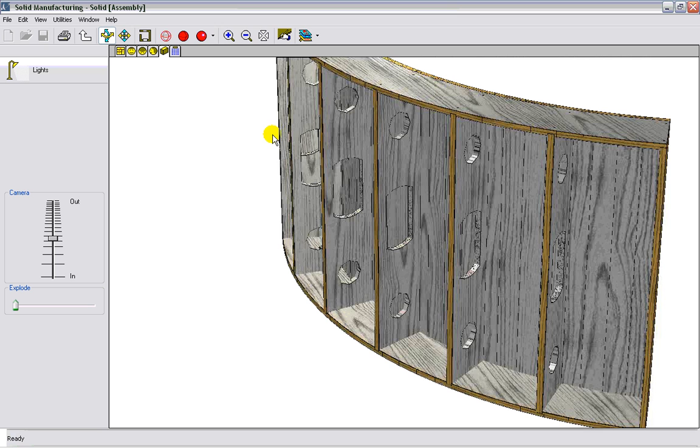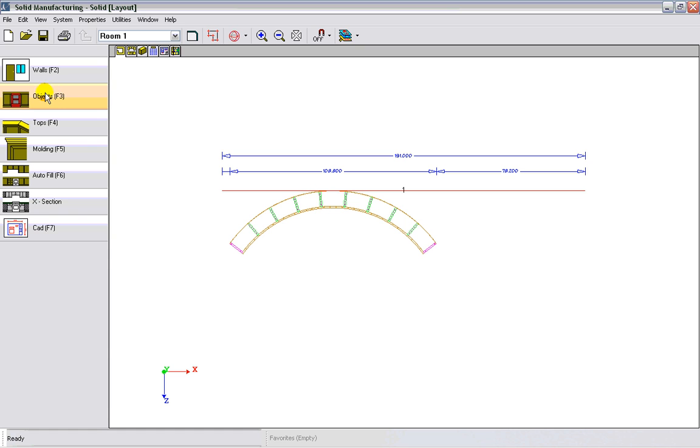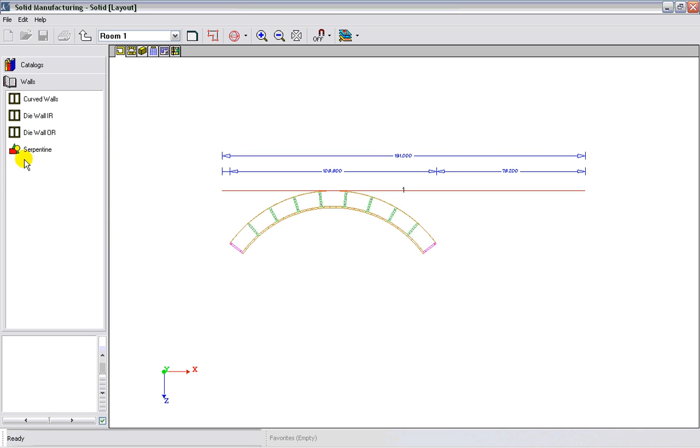So now you can create both inside and outside radius die walls using this particular library part. It'll automatically replace and size itself accordingly, and you can change your diameters of your chase holes. To give you an example of what can be done with these, if you created 2 of these, one that's an inside and one that is an outside radius, and placed it together in a single large object,